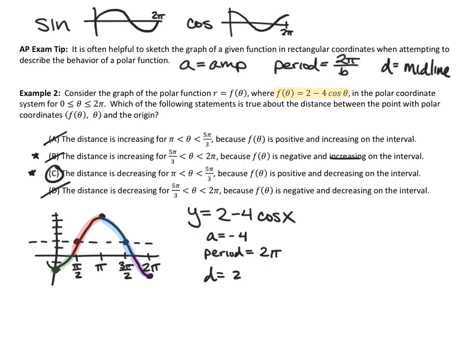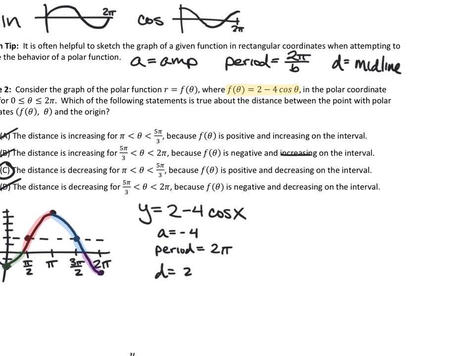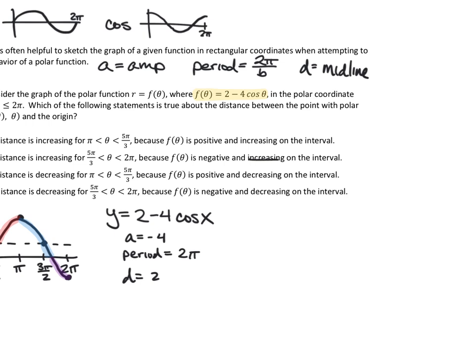Now, a question I expect you to have is, Miss Quigley, how did you know that we were talking about 5 pi over 3 and that was this point right here the whole time? That's a great question, and I don't want you to write this down, I just want you to watch. The reason I know that was 5 pi over 3 is because I was looking for the zeros of this function. So if I solve this function for 0, set it equal to 0, the x-axis, and I solve, I